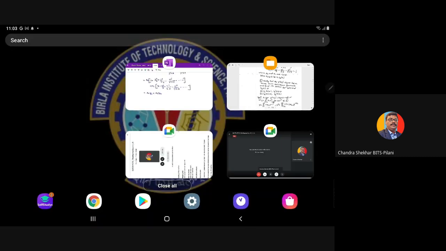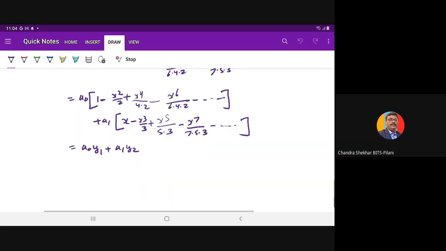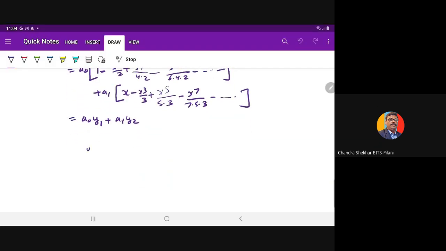So what is the usual procedure? Here we have the equation y double dash plus y dash minus xy is equal to 0. So what we assume? We assume y is equal to summation n from 0 to infinity a n x to power n, a power series solution. First, before that, you check whether x is equal to 0 is an ordinary point or not. I have told you when we have an ordinary point, then only we can determine the power series solution.